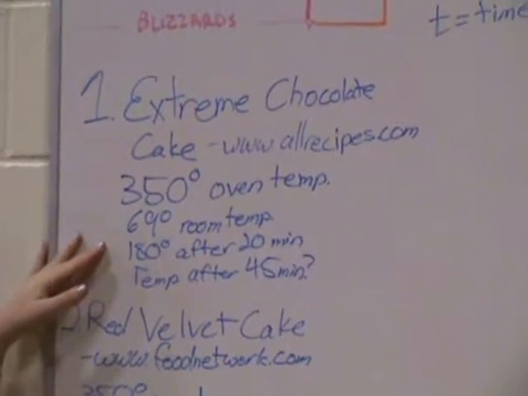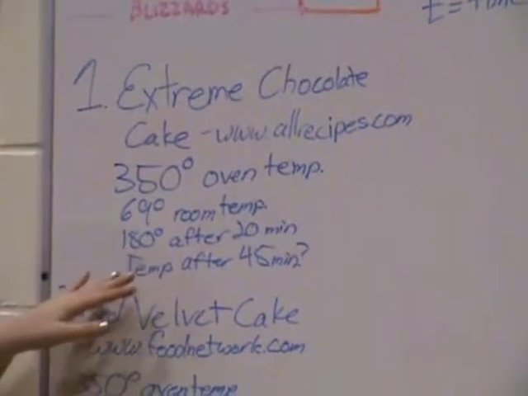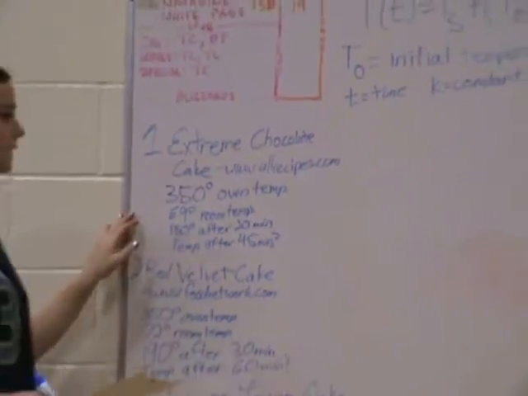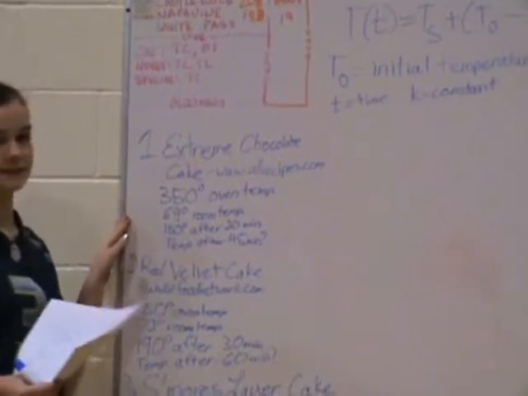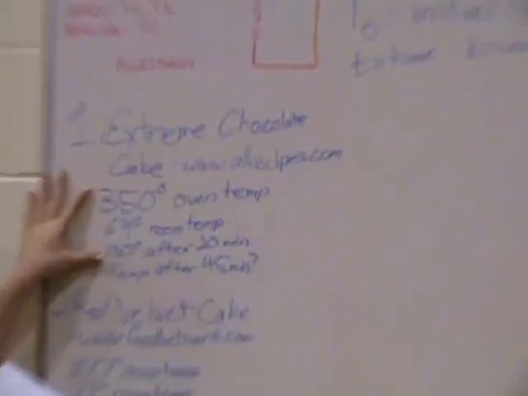And I set it to cool to about 180 after 20 minutes. And I wanted to know the temperature after 45 minutes. So first, when you want to solve this, you want to find k, the constant, first. So you would use these facts right here, and you would go